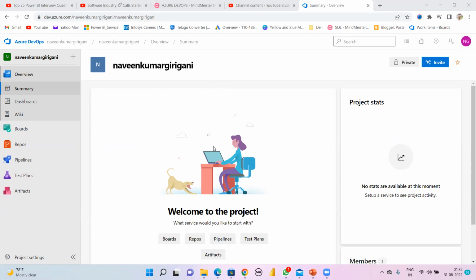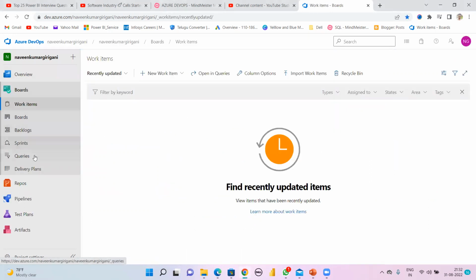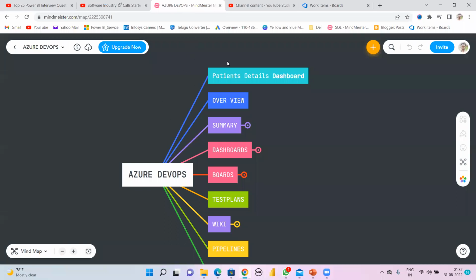For example, you have one requirement. Then the business analyst team comes and creates one task here, some PBI here, some epic, some feature, and in the feature there are multiple items, and they provide them like this. That is how they put all the features and everything. Then we will see it one by one.